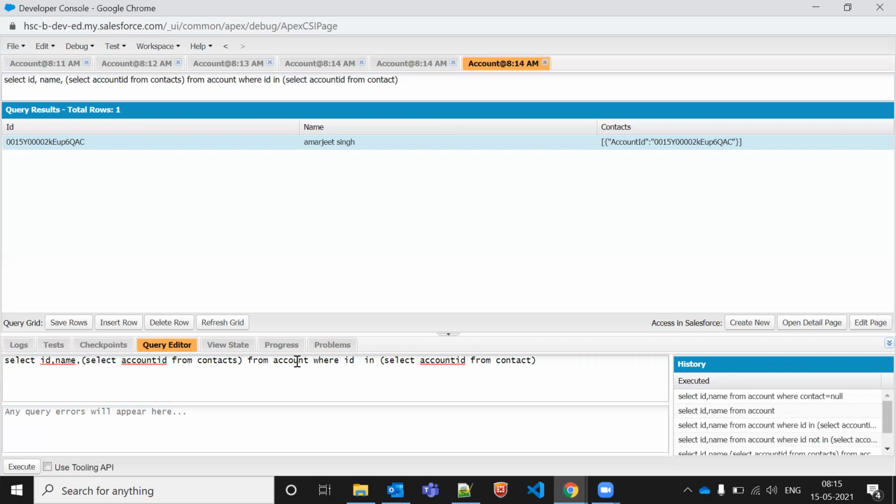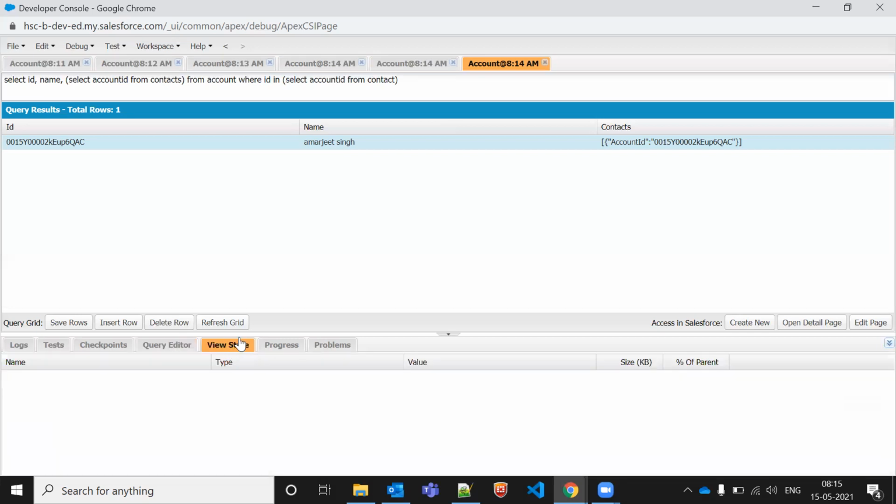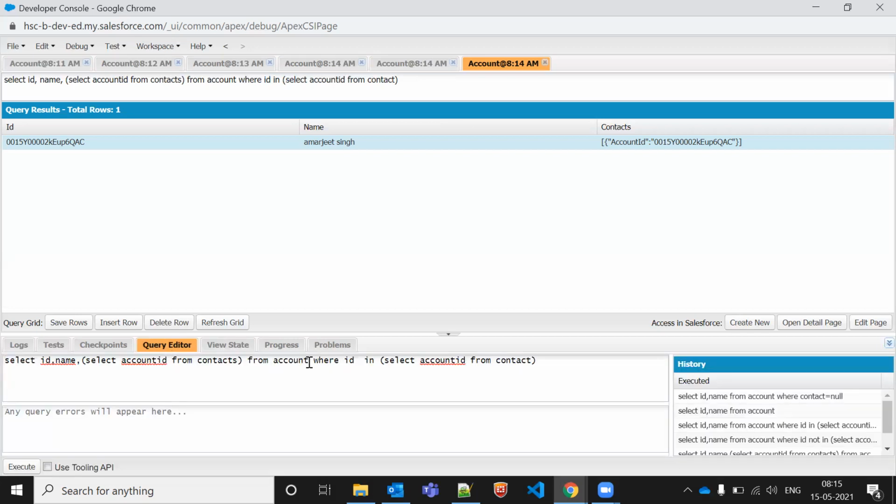This is our question. So now what I'm trying to do here, it's very simple for you till now, because it's a parent to child query. The main understanding here is: where ID in, what will it return? It will return only the account ID, right? What is account ID? It's a parent object ID. Everything is the same, right? If this is similar to this, then it will return the result.